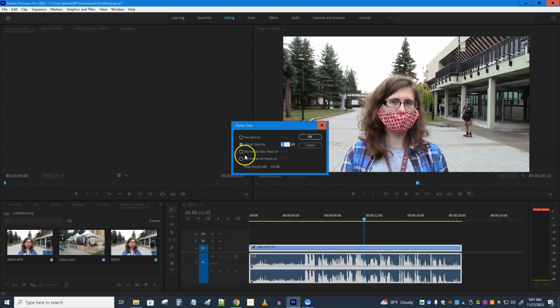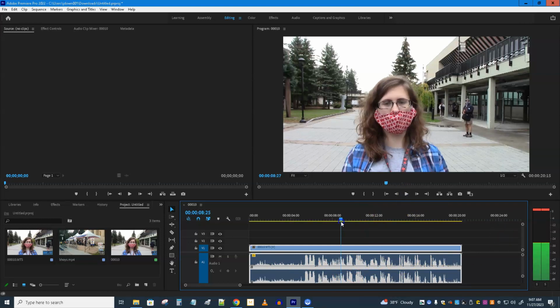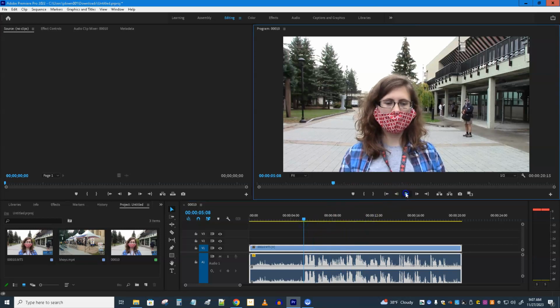But here's where we could also normalize. We can normalize the peaks. So I'm going to normalize all peaks to -1, so it's going to be just below where it would hit. I'm going to say OK. And you may have noticed that all the peaks went down slightly. If I play it now, back up a little bit, right around where those big peaks were,